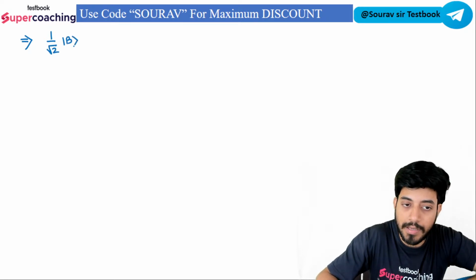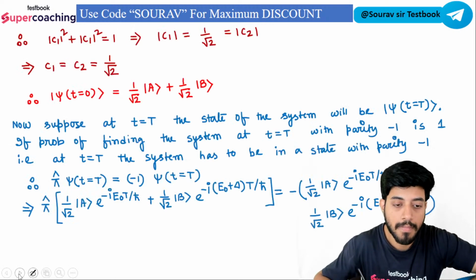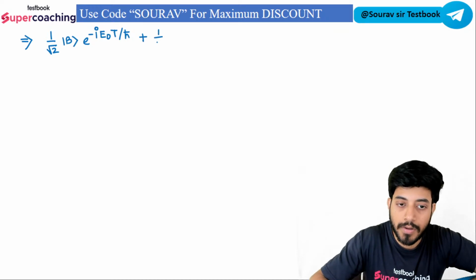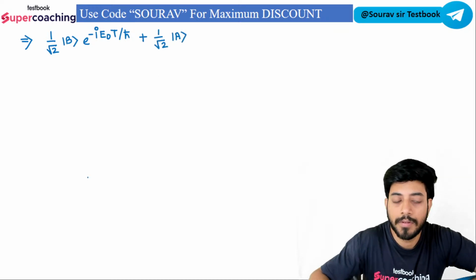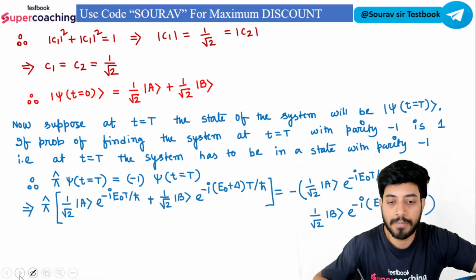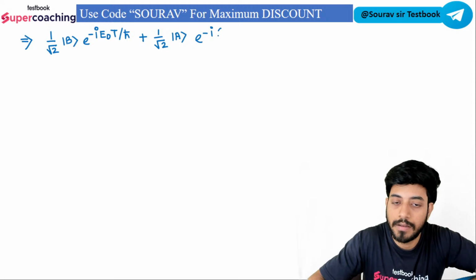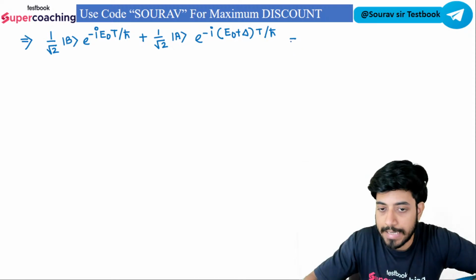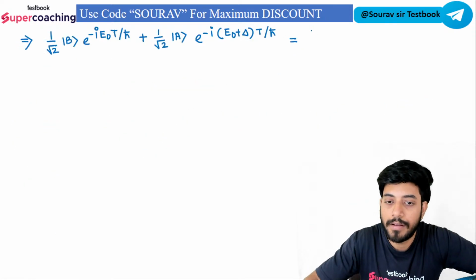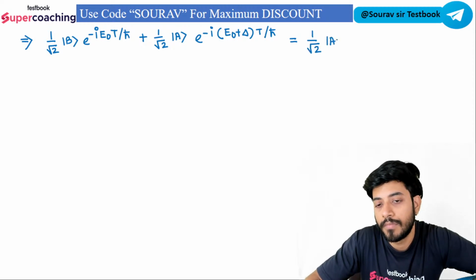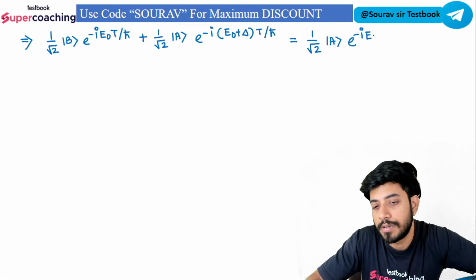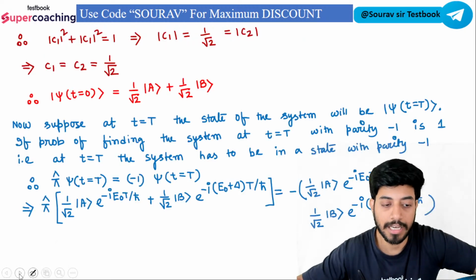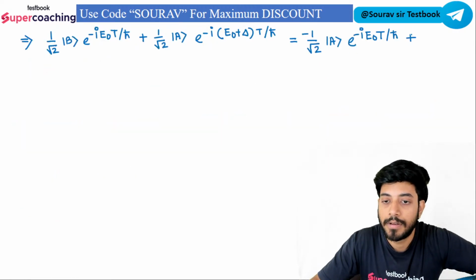1/2 b e to the power of negative of I e naught t by h cut plus 1 by root 2 a e to the power of minus I e naught plus delta t by h cut, that is actually equals to 1 by root 2 a e to the power of minus I e naught t by h cut plus, actually it would be negative, minus again minus